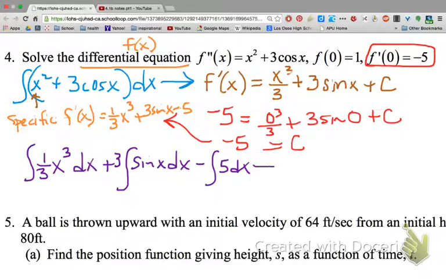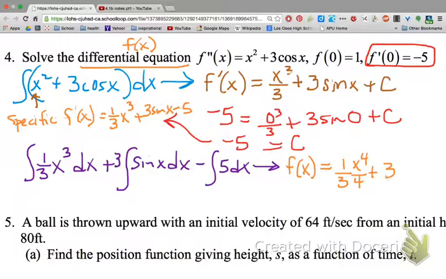And so this is going to lead me to f of x when I take the antiderivative. And so let's see, if I power up, I have a 1/3, and then that x is going to go to a 4, and I'll have to divide by 4,